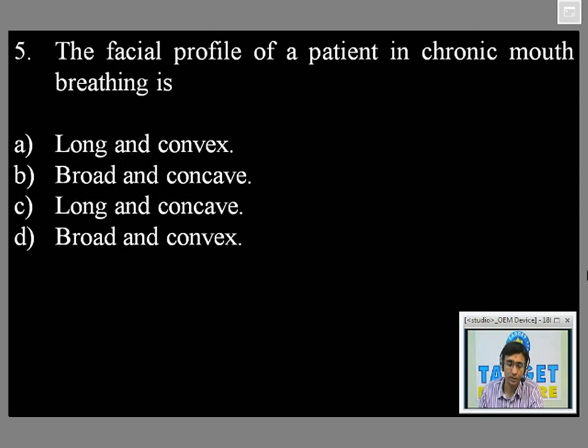Next, we come on to the fifth question. The facial profile of a patient in chronic mouth breathing is. Now, let us understand the pathophysiology of mouth breathing. What happens in mouth breathing is that the patient has to always keep his mouth open. The lips are open, at the same time the teeth are not in occlusion. So the usual side effect seen in this patient is that the posterior teeth, especially the maxillary posterior teeth and the maxillary bone,